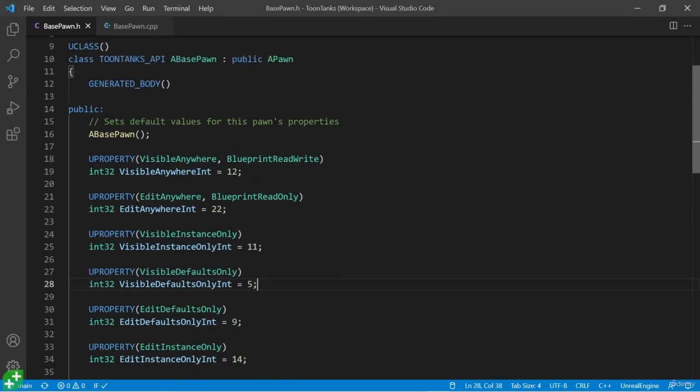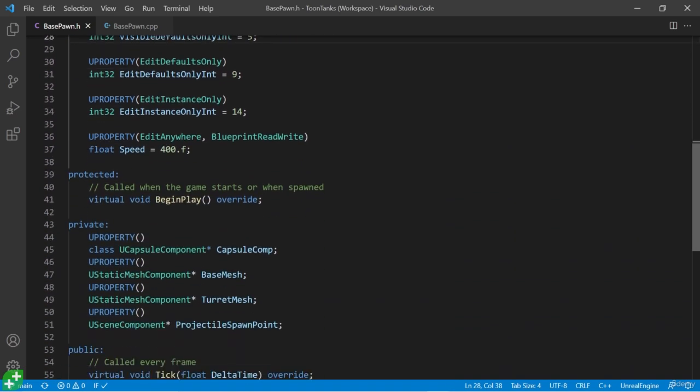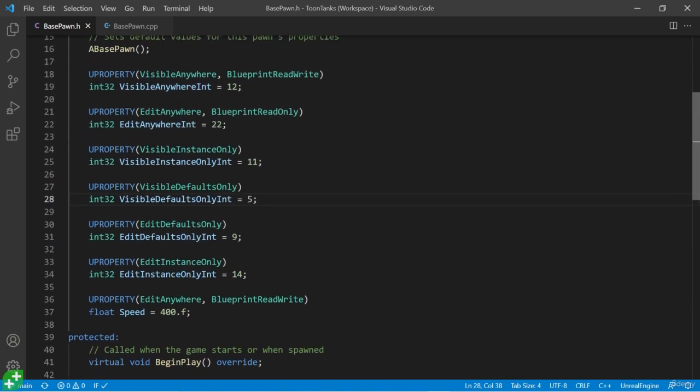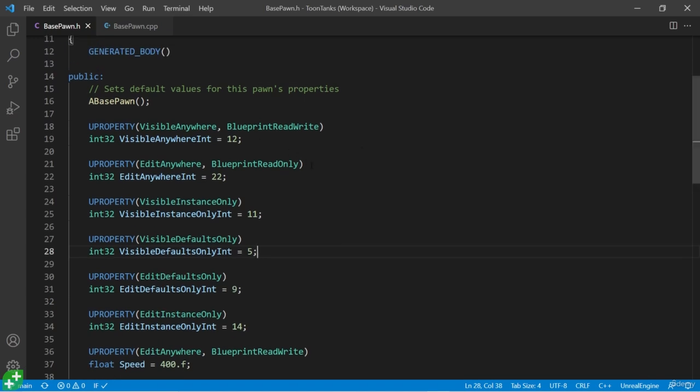Now, we're back here in VS Code, and we have all of our test variables. And before we start going and exposing our private component variables, there's just a couple more UPROPERTY specific things we need to learn about. For one, all of our test variables are in the public section, and a couple of our variables here are exposed to the event graph, allowing read access and write access,